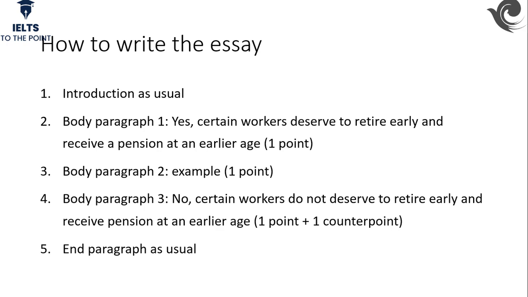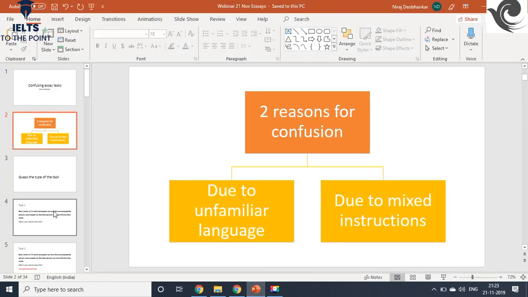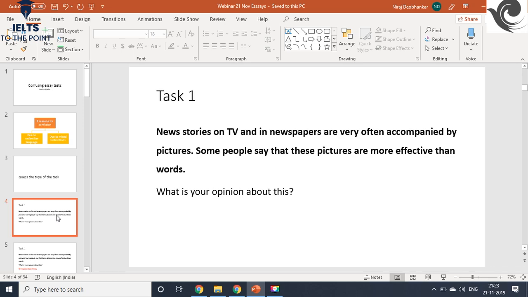Then you would write the next body paragraph, which says that certain workers do not deserve to retire early and receive a pension at an early age. Obviously, there is one point which supports it, and there should be a counterpoint. Again, in the conclusion paragraph as usual, you should summarize all these three things and then write an opinion as well. Is that understood? What should be the boundaries? Advantages and disadvantages. But you approach it like an opinion-based essay. That means